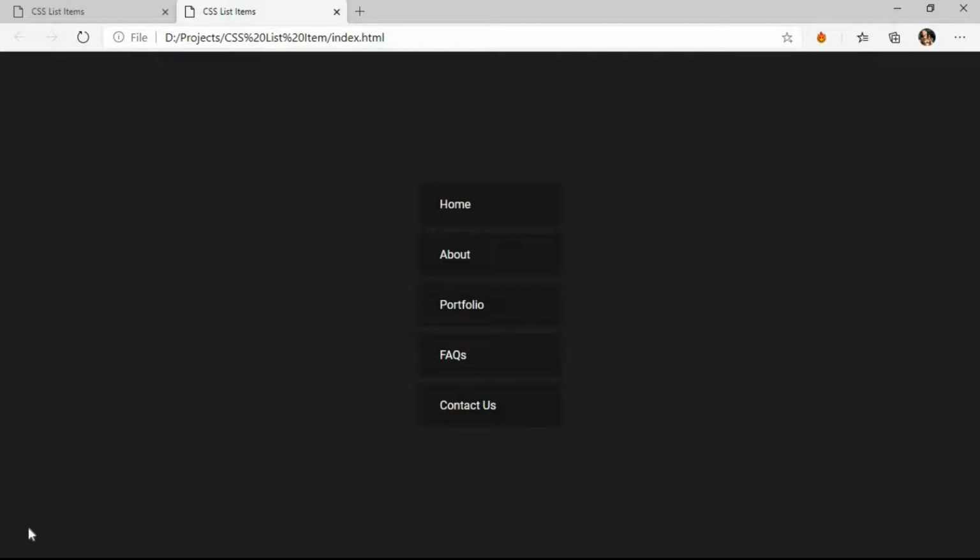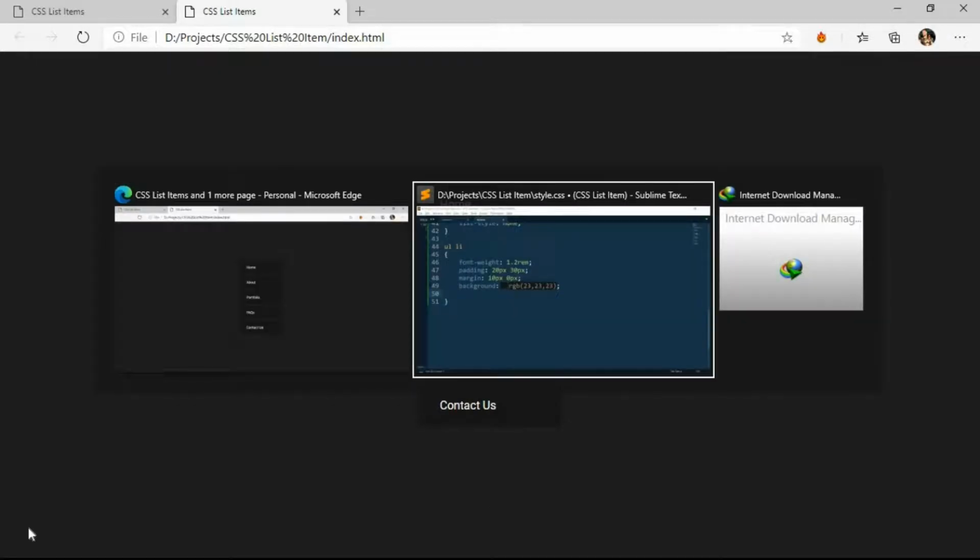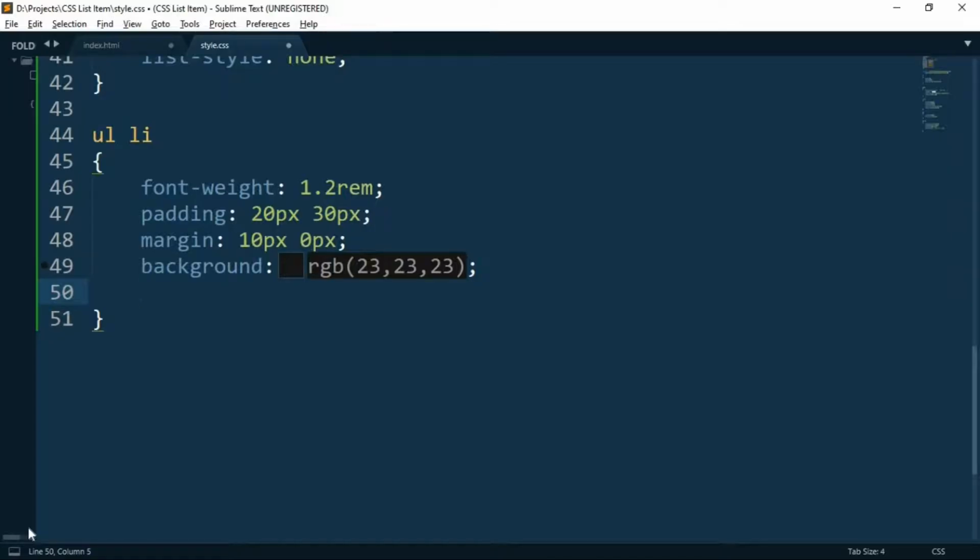So guys, next thing we need to set is the Z index. Z index is the stack order of an element. An element with greater stack order remains in the front.